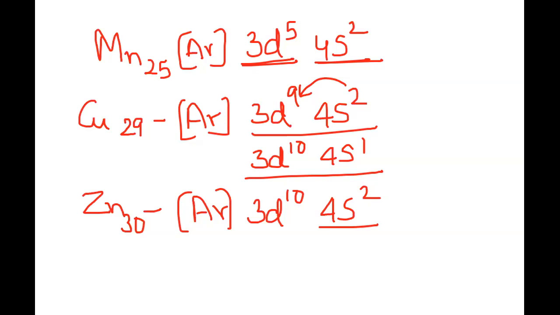Though it is not very much there in your portion, we will still study it, because F block elements you will have to do in the periodic table also in the next chapter. So let us talk about the electronic configuration of lanthanides and actinides. When we talk about the lanthanides, lanthanum is the element, and its atomic number is 57. So how do you think the electronic configuration will be written?